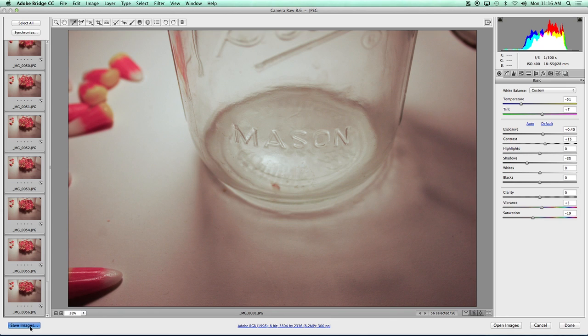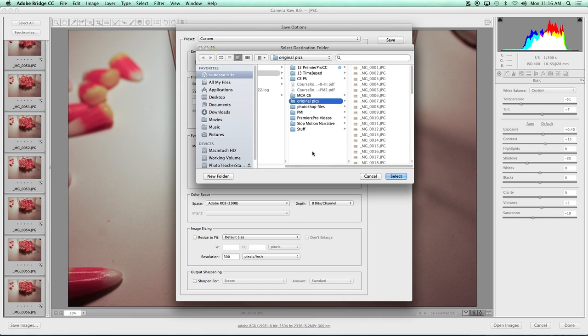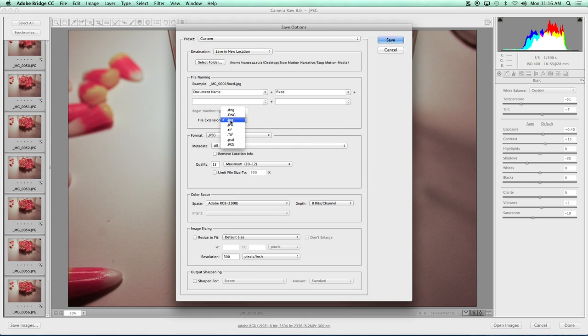So once that's done, I'm going to save my images. I need to export new JPEGs with the changes. So I'm going to go over here. I don't want to save it in the same location, but actually, because I already set up my folders on my desktop, here's my stop motion narrative, and stop motion media was that folder that I set up. So I'm going to put my beautiful clean images into here, ready to use when I get into Premiere. So I'm going to press Select. I'm going to select JPEG here, and I'm going to set my quality to 12. You always want your quality to be the maximum amount for a JPEG, so I make sure that's okay,